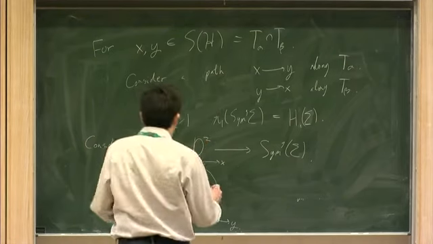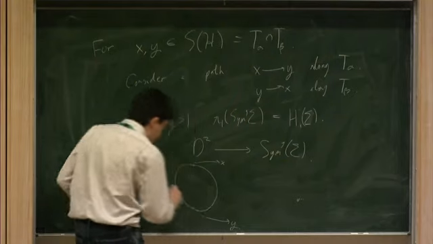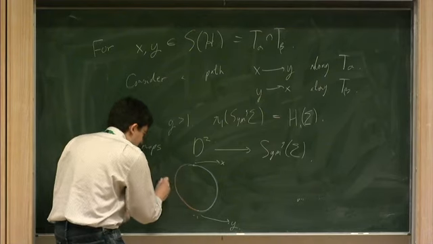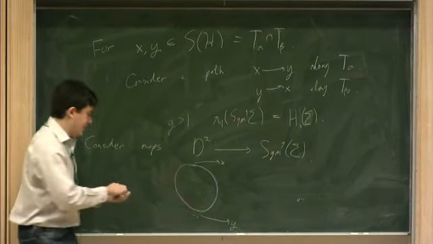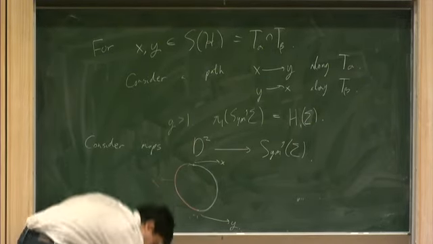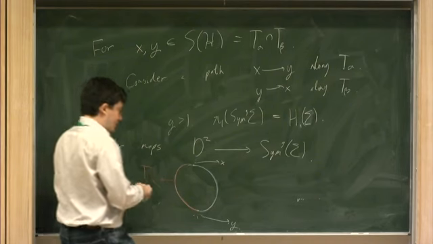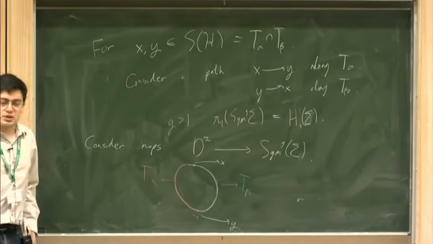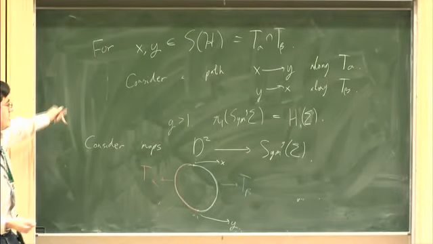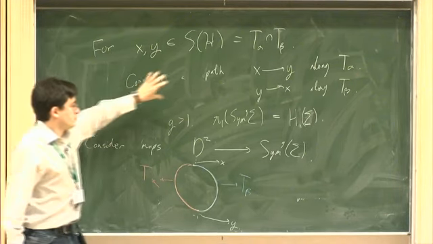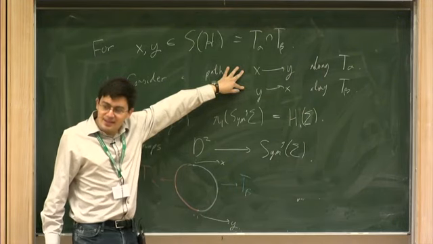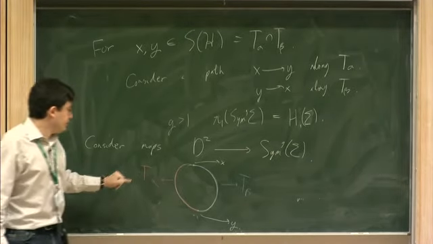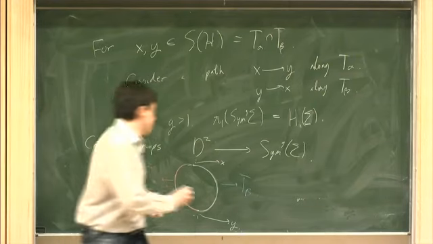And then the left-hand side should map to T alpha. And the right-hand side should map to T beta. So such maps might not exist. Whether such maps exist is going to be determined by what path in pi 1 is represented by these generators. Okay, but assuming that such a path exists, so what we want to do, so now what I'm going